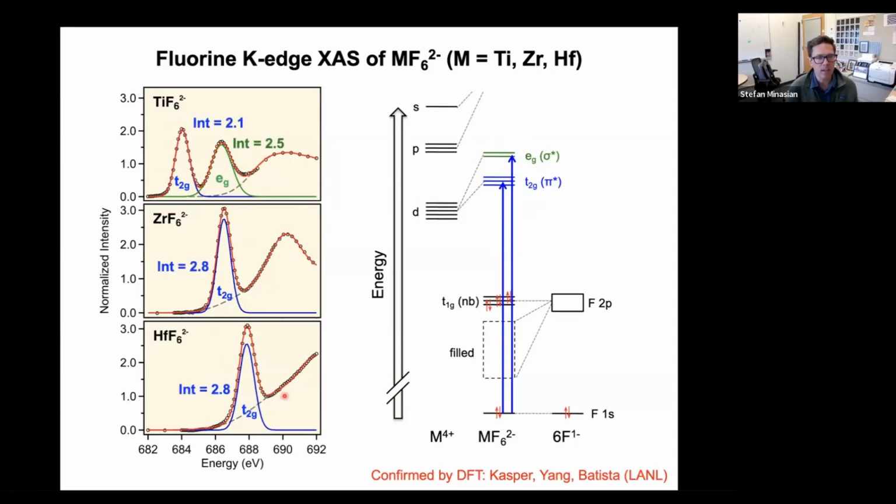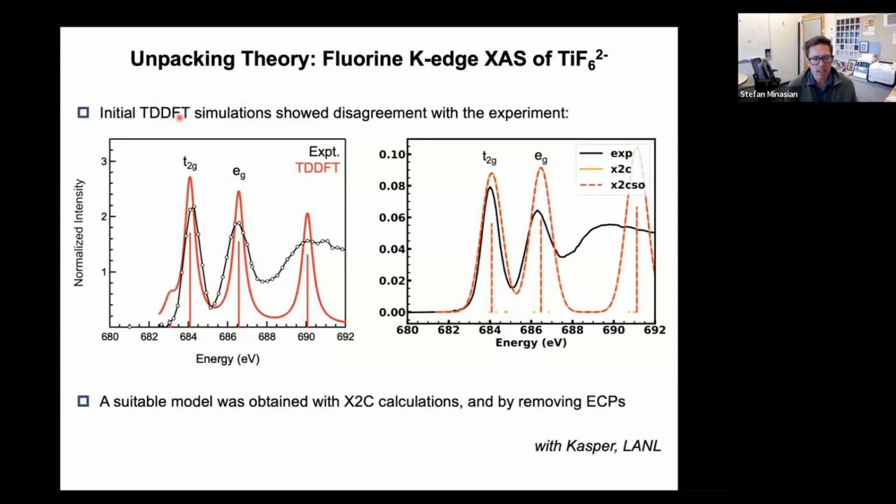We can take the intensity under these peaks. We see a small increase when you go from titanium to zirconium, and then an additional increase when you go to hafnium, which we initially have been attributing to the more diffuse d orbitals for hafnium and zirconium relative to the 3D for titanium. We've also been doing some DFT calculations, and here actually I just need to quickly acknowledge